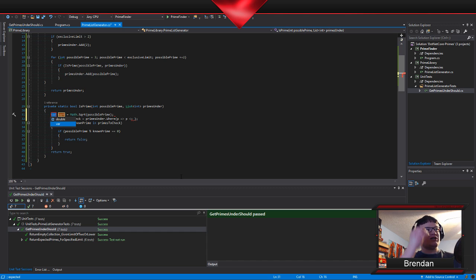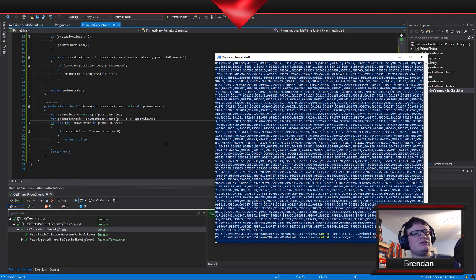We're going to get the square root of our possible prime and call this the upper limit, because we don't want to calculate the square root every time, because that's probably slow. We're going to put it in there, and then we're going to say primes under that, where primes upper limit. So this might speed it up enough. Not 100% on whether it will, but there's another check we can still do. Yep, still taking too long, I think.